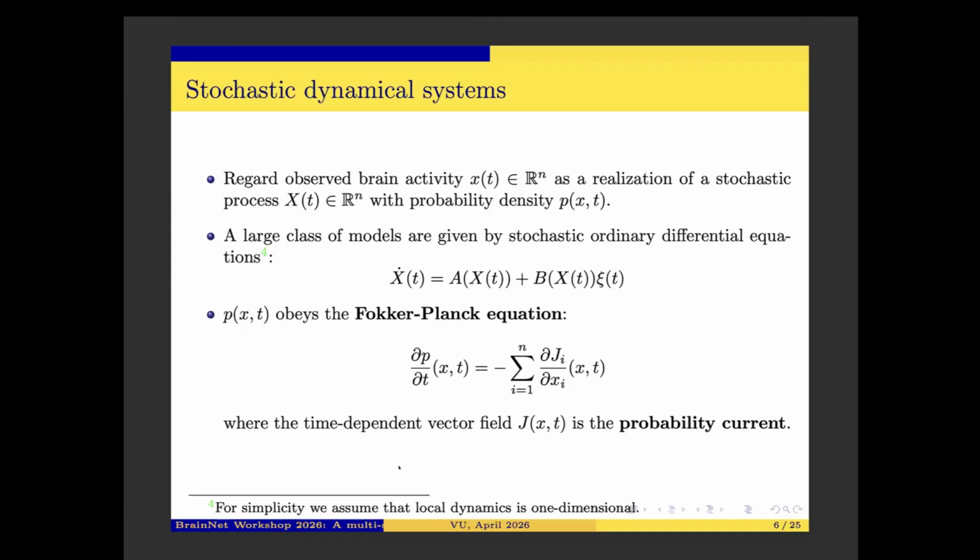So the first step is that you have recorded brain activity. So suppose you have n brain regions. So we have n time series. And the first step is that you treat these time series as a realization of a stochastic process, right? Because otherwise you cannot do much. And so we have here an n-dimensional stochastic process that is described by some probability distribution